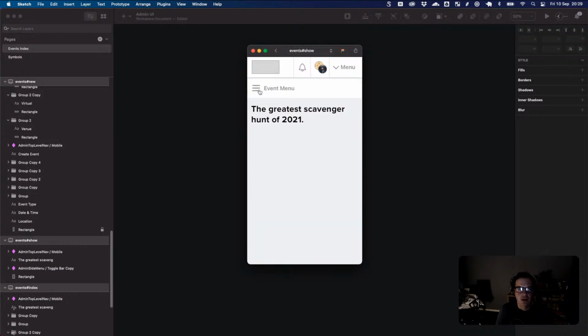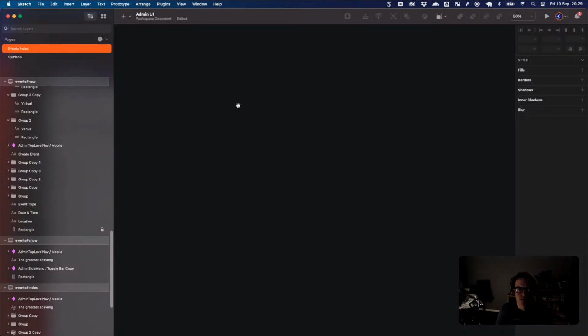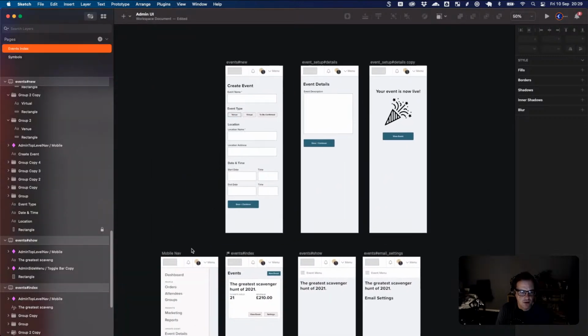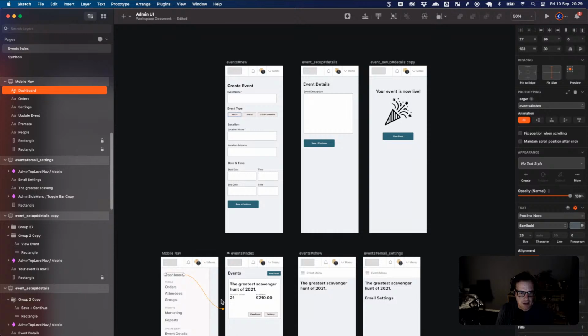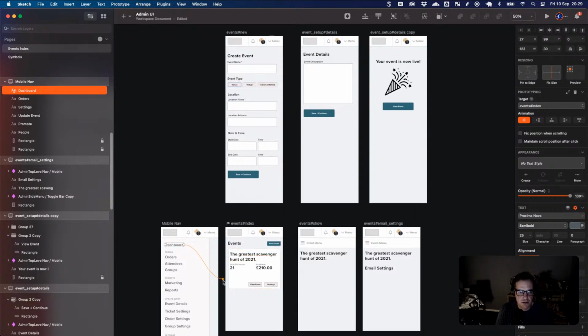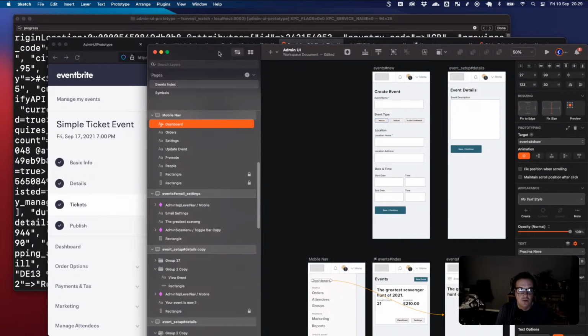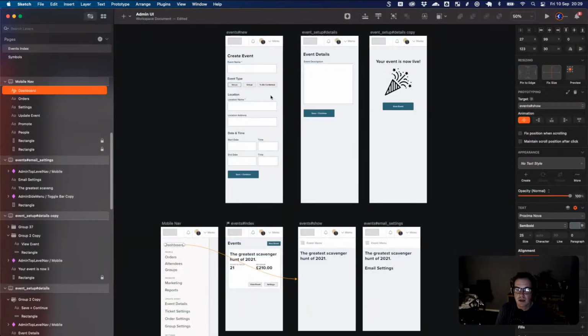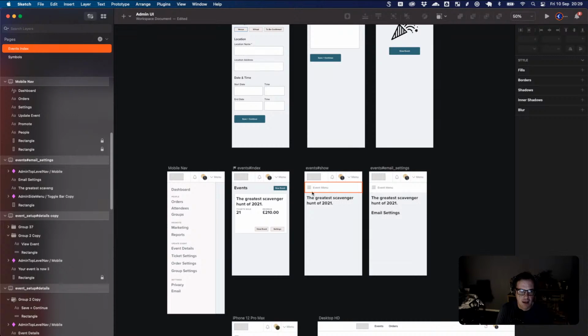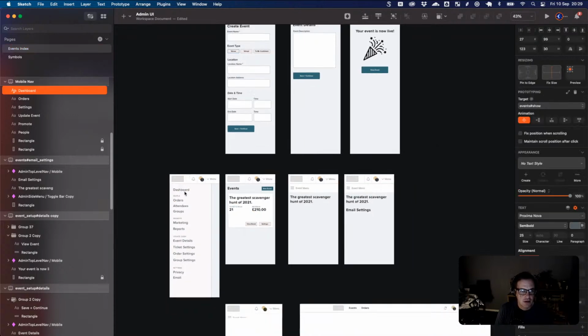So if we go into here, dashboard is taking us to the wrong place. Let me just fix that because it's going to confuse the crap out of me. So dashboard here is taking us there when it should take us to event show. Oh, that's weird, it just made my main page jump, but that's fine. And what we actually want is